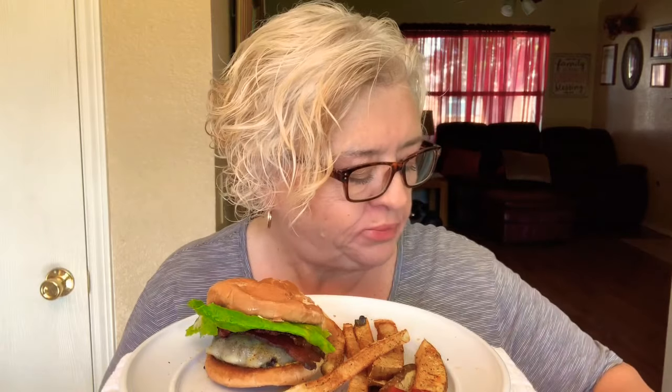Let me take a bite of this juicy burger. This is gonna be a mess. So good. The mushrooms and the sauteed onions, lettuce and tomato is delicious. That definitely was a sauce queen bite. So anyway,